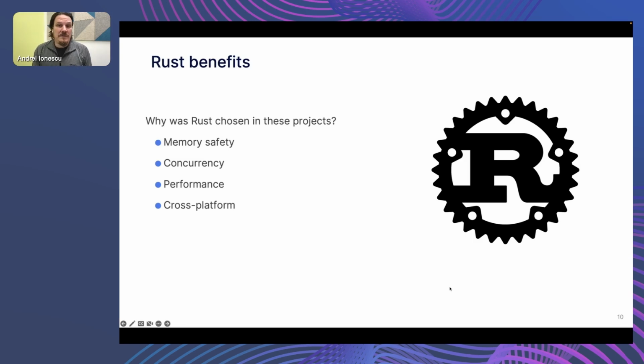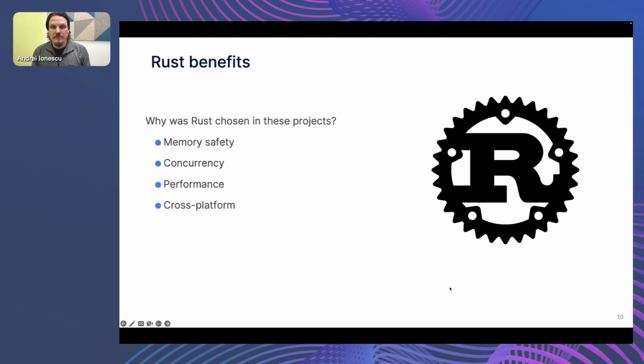Concurrency. Due to the same borrowing and ownership concepts, and together with mutable and immutable concepts, concurrency issues are eliminated or minimized. Performance is very, very similar and close to C++ code, so no garbage collection downside here. It is cross-platform. Rust code can be compiled on so many platforms, starting from embedded microcontrollers, even bigger processors, and going up to silicon processors that are new right now. So Rust is a very powerful language and started gaining notoriety and traction in big data distributed processing due to